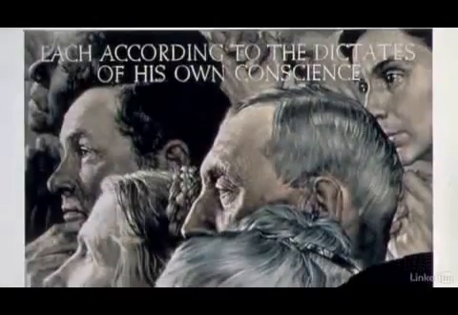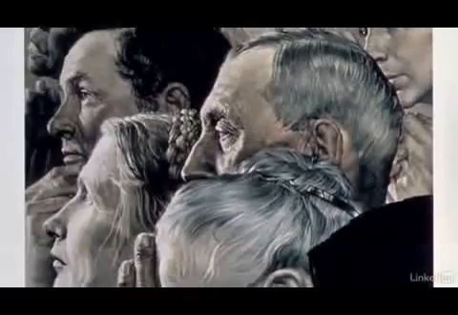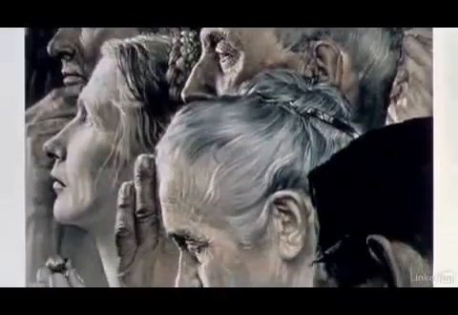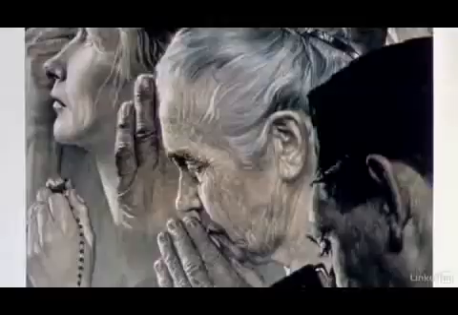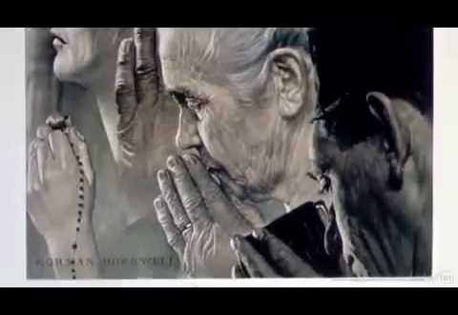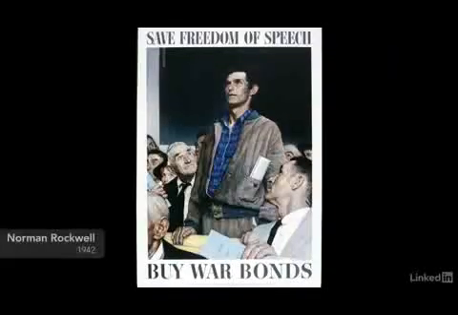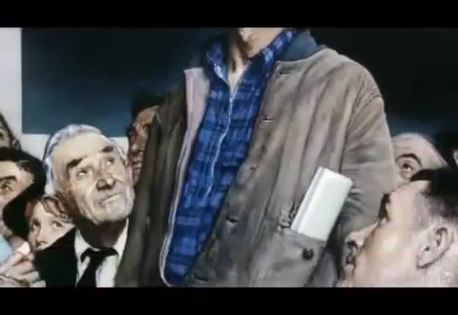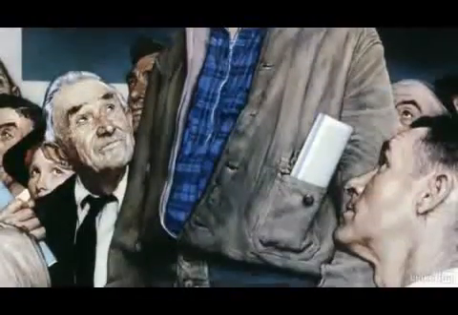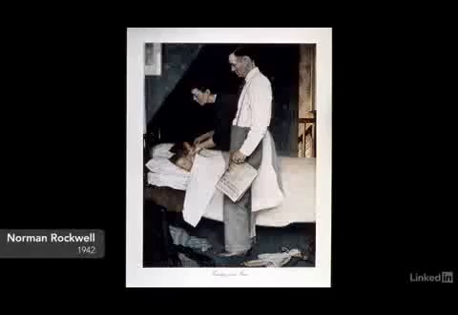Specific symbols are included to strengthen the message. Perspective is skewed to create room for the elements. And there are no parts of the poster that do not contribute to the message. In freedom of speech, the blue-collar worker speaks at a town meeting with the same rights as the white-collar executive next to him. Freedom from fear depicts the father holding a newspaper with wartime headlines, while his wife tucks the